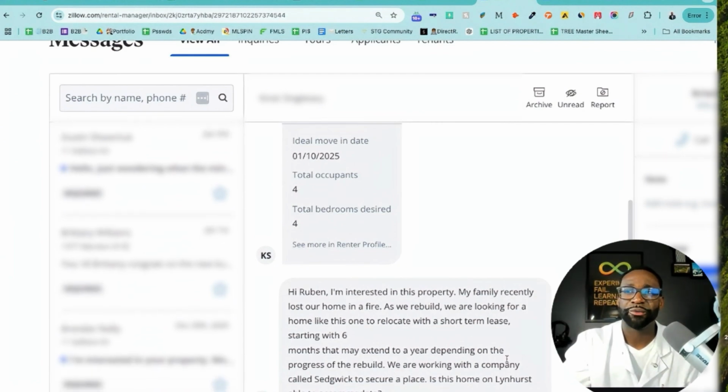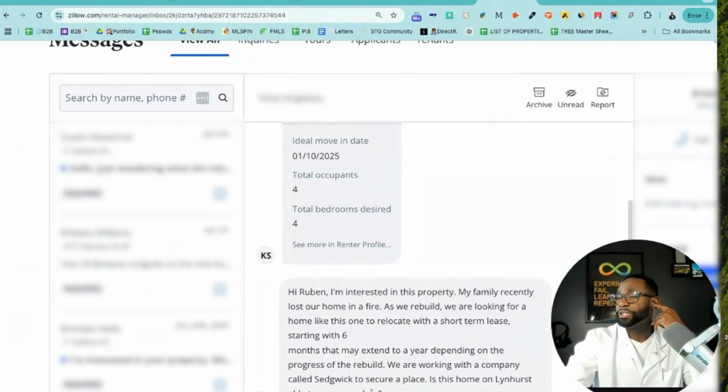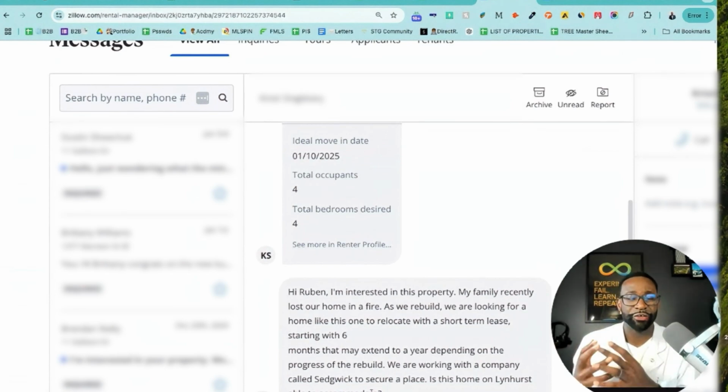They're saying over here, we're working with a company called Cedric to secure a place. Is this home on Lyndhurst able to accommodate? It's important that you get familiar with this because someone will look at this and be like, I don't trust it, too scammy or whatever. No, this is Sedgwick. This is one of the many companies that are out there that either have people who